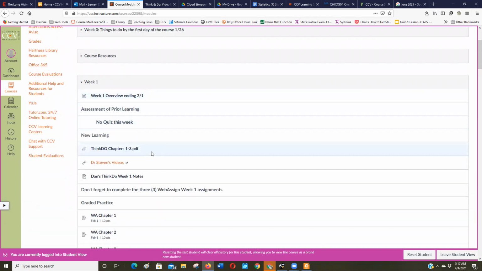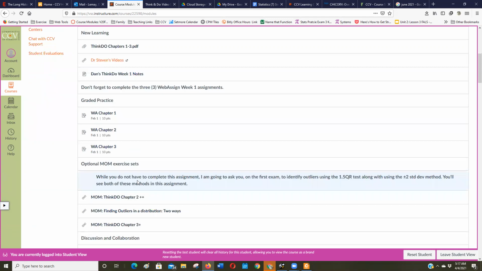For the first couple of weeks, while you folks might still be in trial access, the ebook's not available out of WebAssign trial access. So I have the PDFs for the chapters that we're doing each week. After week 2, I won't have those available because I don't want to break copyright laws. And then these are grades.